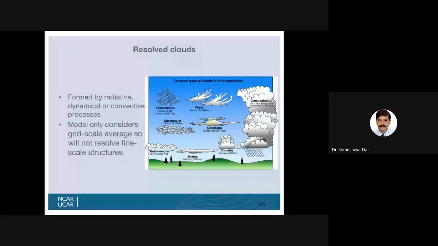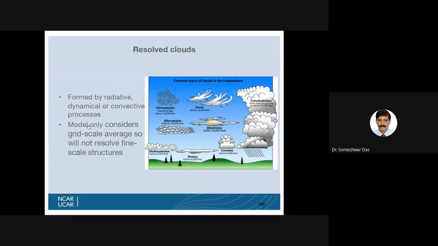Okay, so depending upon the type of cloud microphysics that you choose, accordingly it will provide good feedback to the radiation or some limited feedback to the radiation. And the different clouds which are considered in the model are illustrated there, like cirrocumulus, cirrus, cumulonimbus, cumulus, altostratus, stratocumulus, stratus, and so on. Okay.